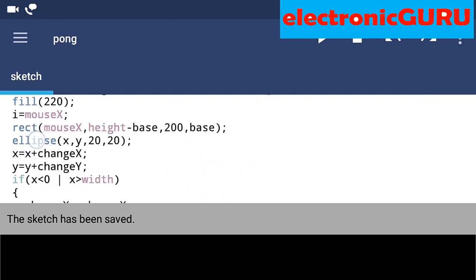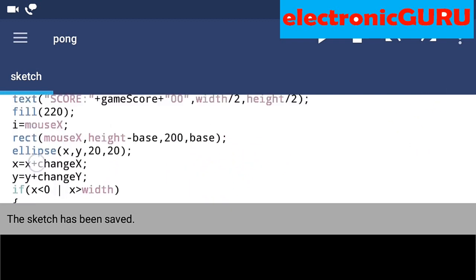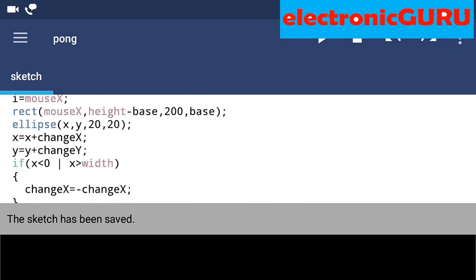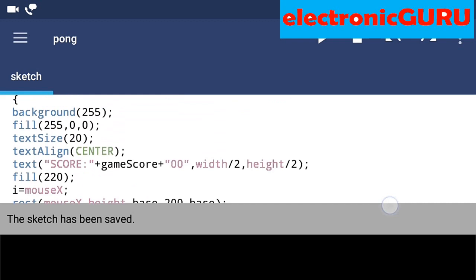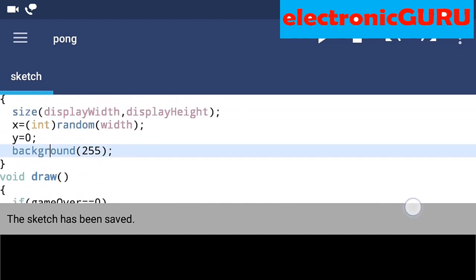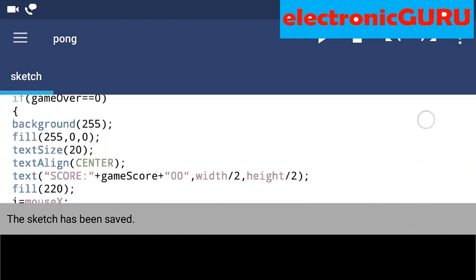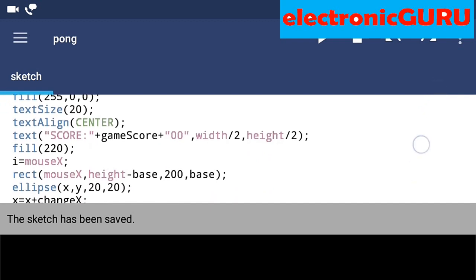So you know about the rectangle, how to use it. And after that, as a ball we use an ellipse. The x and y are the center of the ellipse, and it's 20, 20, which means it's a circle, I mean A and B of the ellipse are equal. After that we increase x and y by change x and change y, which are defined here as -5, -5. So it will accelerate or decelerate, it depends.